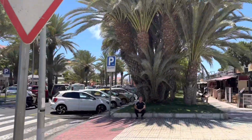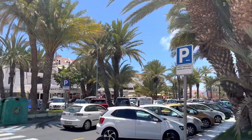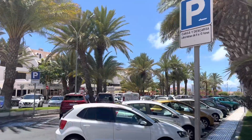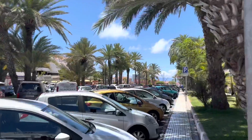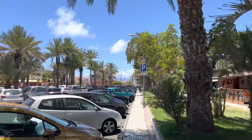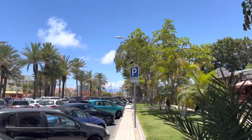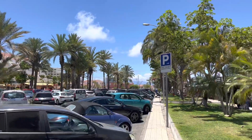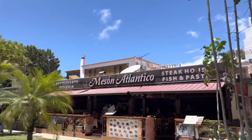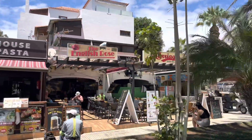Then if we go down this way, it takes us towards the beach area. So yeah, I chose the Piramides purely because it comes up fairly inexpensive. It's at the lower price end, and it's also very central for everything I want to do when I'm here. So some good pubs here, English Rose, Carriages, very popular British bars,